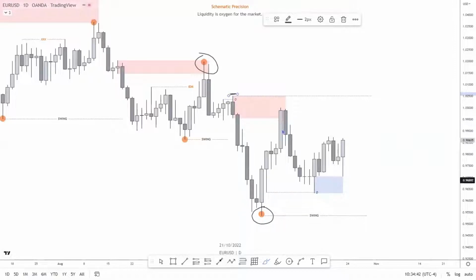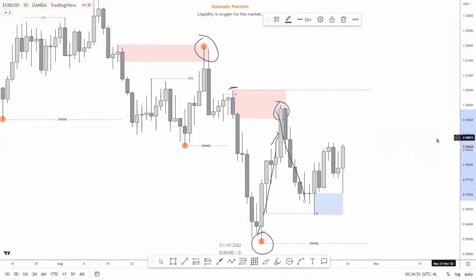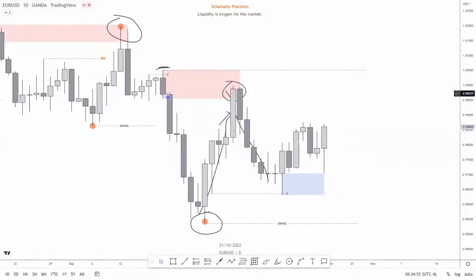So initially what happened after this impulsive push, price mitigated this order block and reacted. Why did it react from this order block? Because this order block was valid here. Why valid? It has taken the liquidity from previous candles here. So this order block becomes valid, so the market has to respect this. So the market respected it,